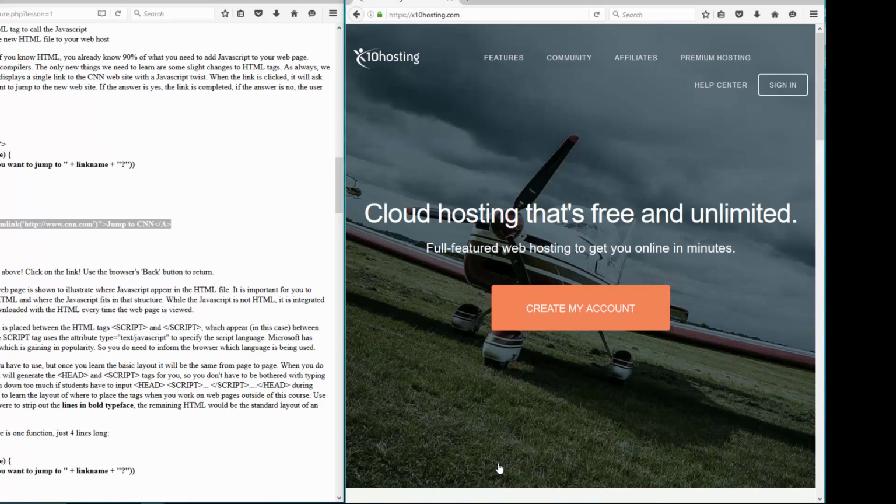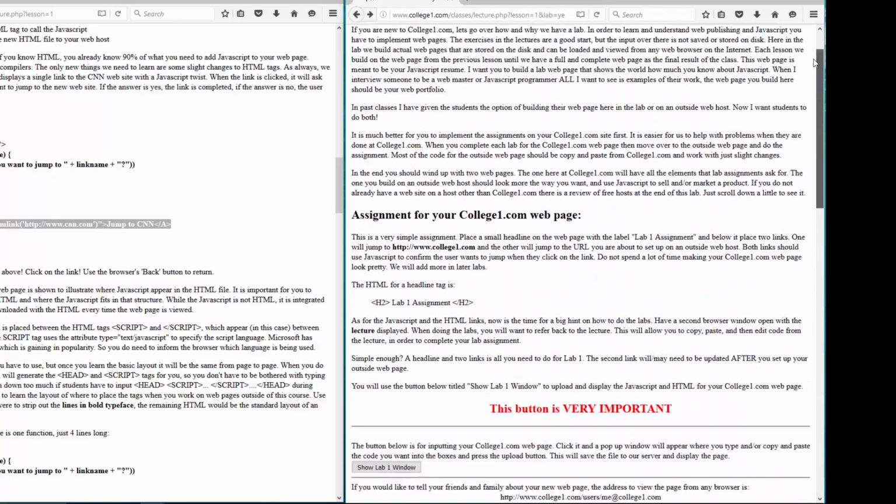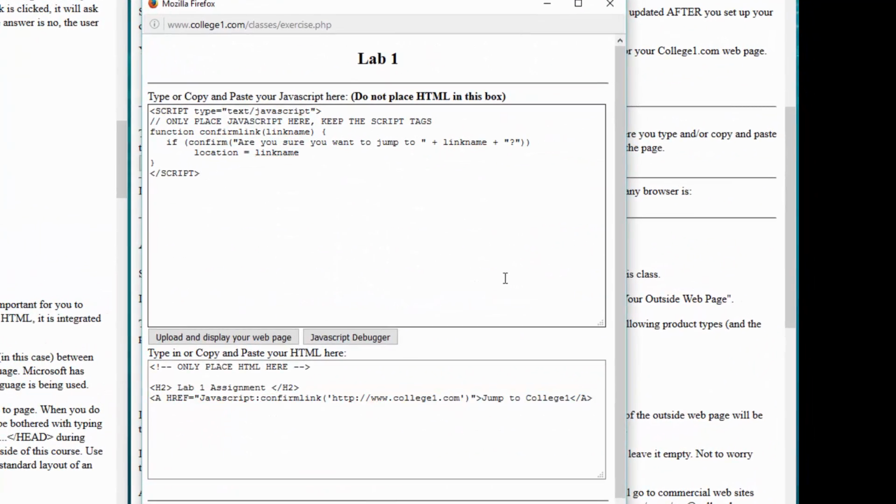Just don't pay for anything. They'll try and sell you things, but this is a free hosting site. Go ahead and set up the free option. Do not buy a URL, do not buy an address, just use the free options. That being said, once you have that second web page up, that's when you want to go back to your Lab 1, copy and paste this link a second time, boom,